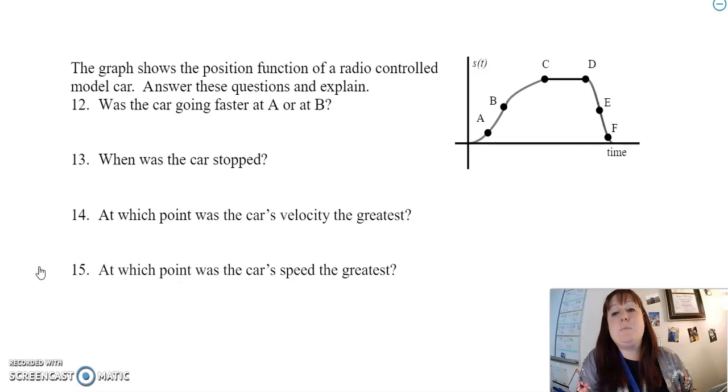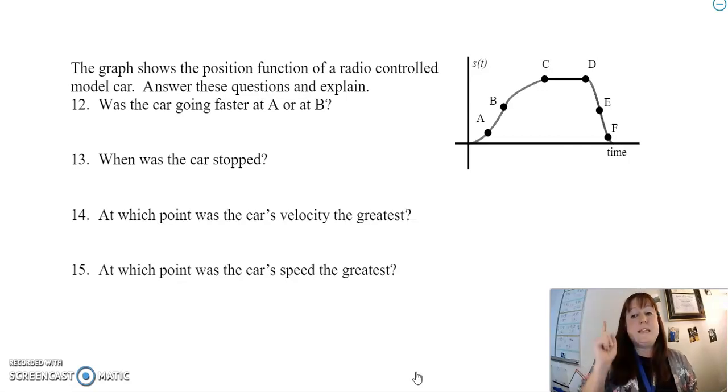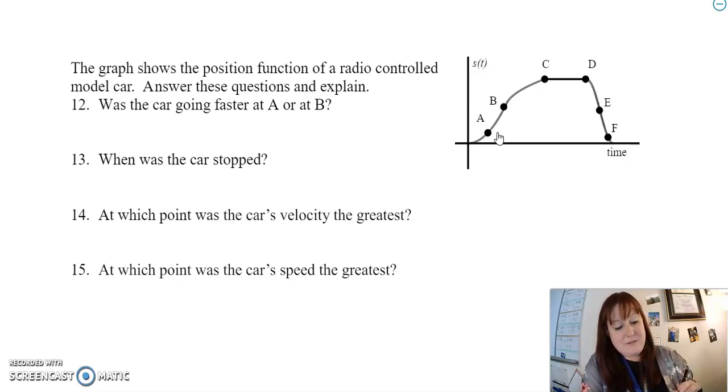Here we have a graph showing the position function of a radio-controlled model car, and we have to answer the question. Was the car going faster at A or B? So this is a position function, and it's asking about velocity, because that's how fast it's going, right? So velocity is the derivative of the position. Velocity is the slope of the tangent line of the position function. So we look, would the slope of the tangent line here be steeper, or would the slope of the tangent line here be steeper? Well, when we look at it, this is actually, if I draw a tangent line,